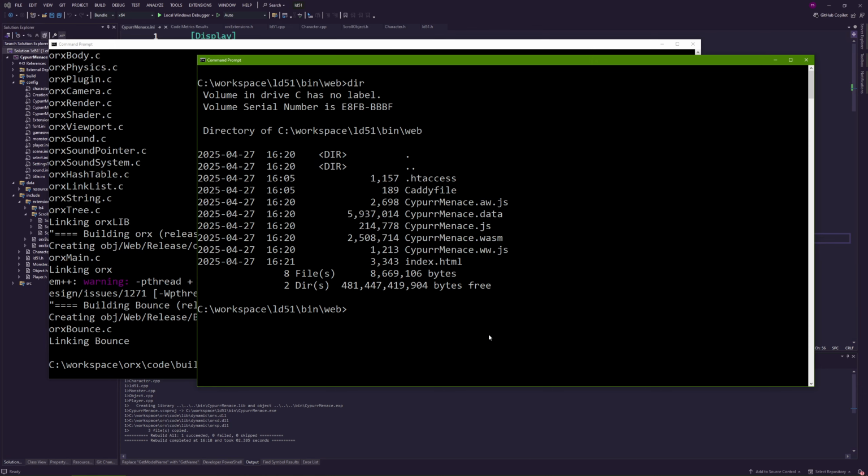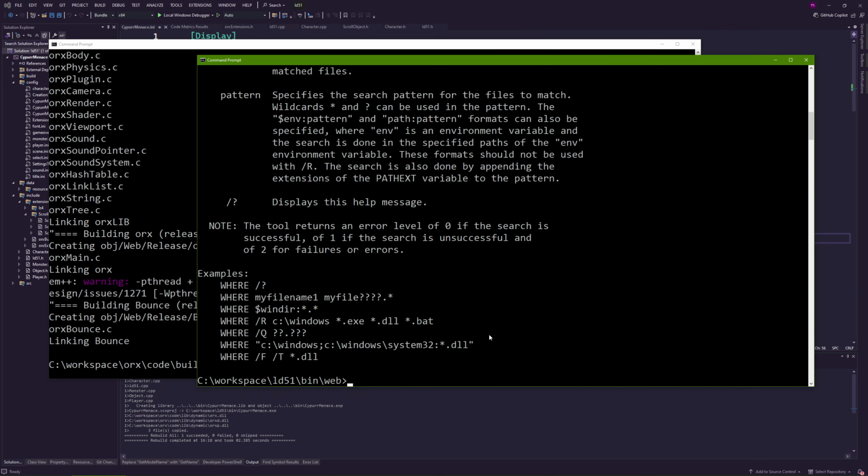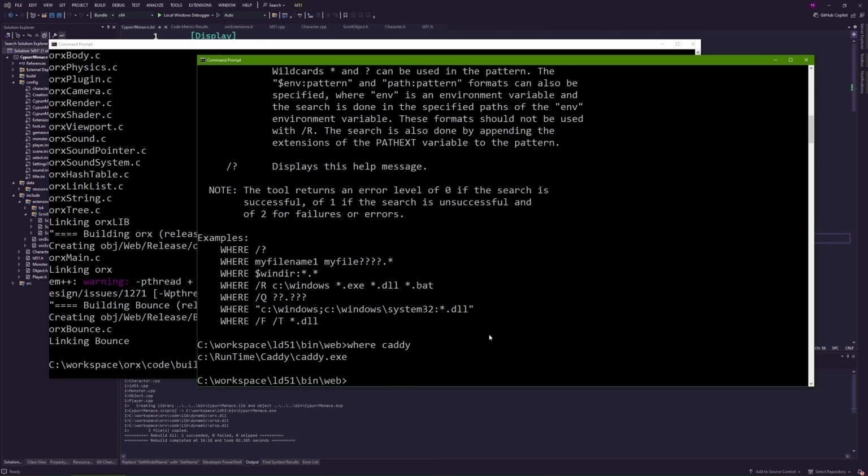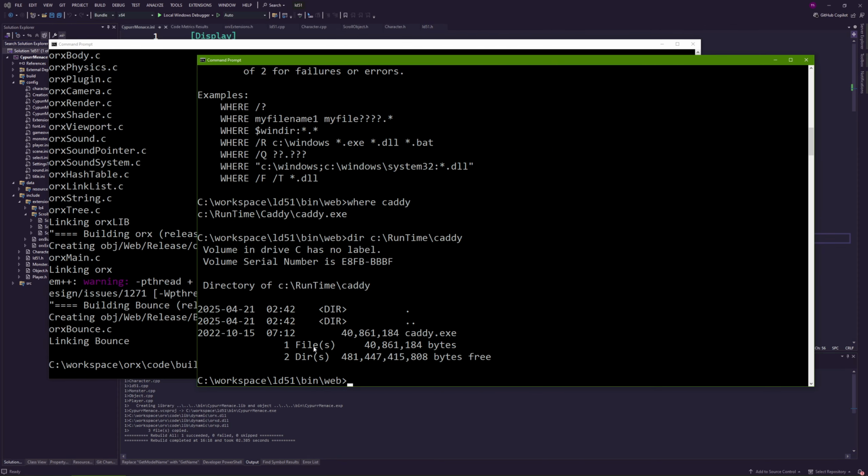Emscripten comes with a way to generate a web server on the fly that will serve your game. The command, I think, is emrun, but it's also extremely slow. Loading the page takes a few seconds. It's really annoying to iterate. So what I prefer doing is using an open source web server called Caddy, just because Caddy is a single executable with all the dependencies inside it, no matter which OS you choose. So if we look at the C runtime Caddy here, we can see there's only caddy.exe. It's about 40 megabytes and everything is self-contained.